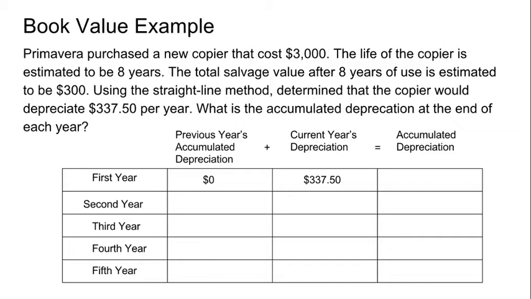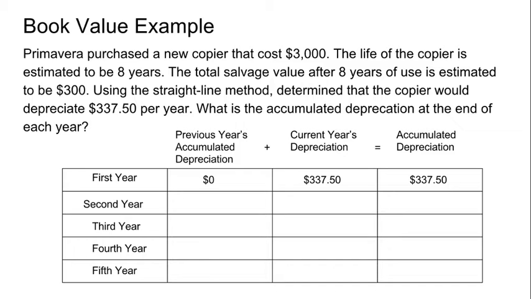since that's how much it depreciates each year. And then we're going to add those two numbers together to get our accumulated depreciation. So for the first year, since it's the first year, there is no previous year accumulated depreciation because it's the first year that you've owned it, so it's $0 plus our current year depreciation. So we get the accumulated depreciation at the end of the first year is